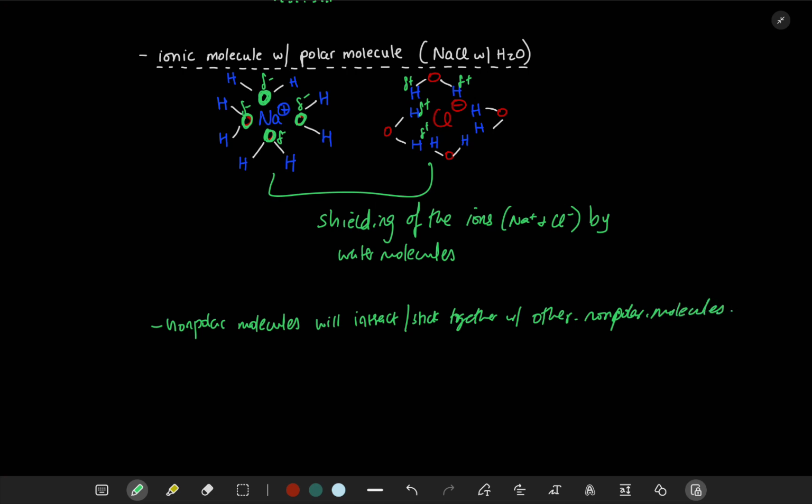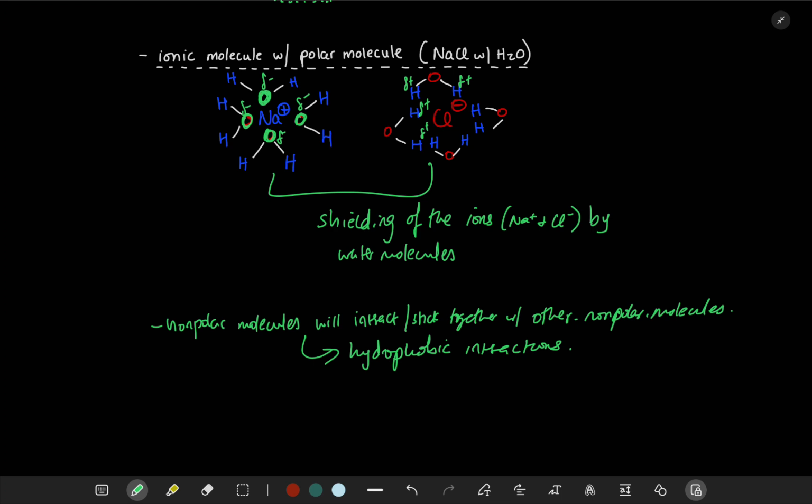And this gives rise to hydrophobic interactions, right? We talked about this earlier, and we discussed that nonpolar molecules will aggregate together, and water will